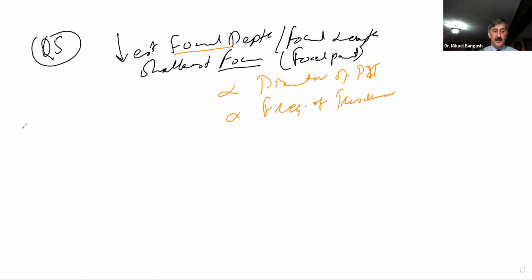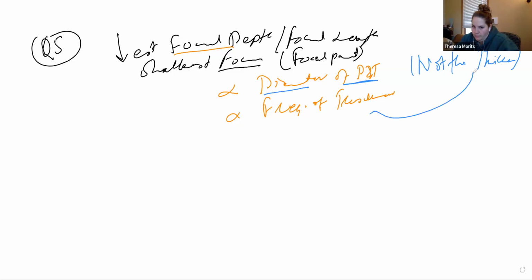Guys, please make sure that you know that they are talking of the diameter of the PZT. It's the diameter, not the thickness. Is that clear? The thickness of the PZT will affect the frequency. Okay? So guys,